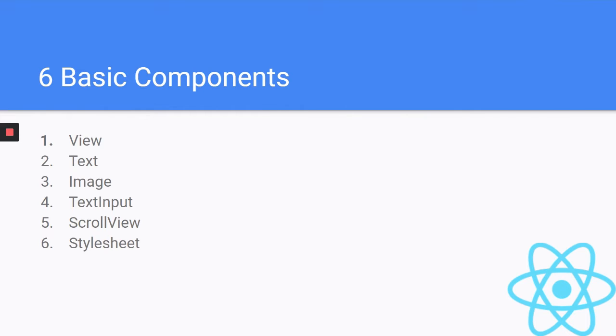The first component is View. It's basically a container component which will allow you to hold other components inside it. Another is Text, which helps you to write textual information on your mobile application. Likewise, Image will allow you to display an image in your Android or iOS application. Text Input is more like an input element in HTML, so it will provide you an input text box where the user can enter some textual information